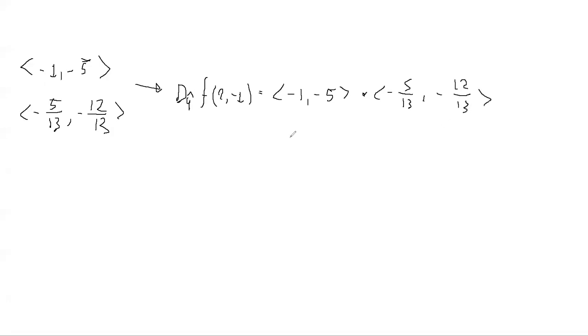So all you're doing to get your directional derivative D_u f at 2, negative 1 is finding the dot product of those two things: negative 1, negative 5 times negative 5 over 13, negative 12 over 13. I hope you know how to do the dot product, but I'll show it here. This is going to be negative 1 times negative 5 over 13 plus negative 5